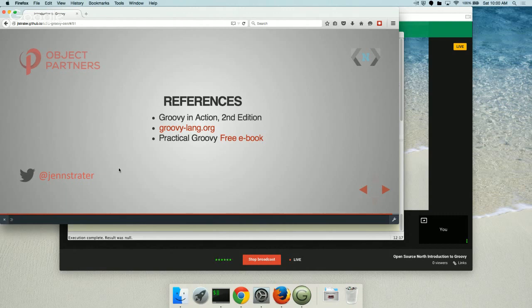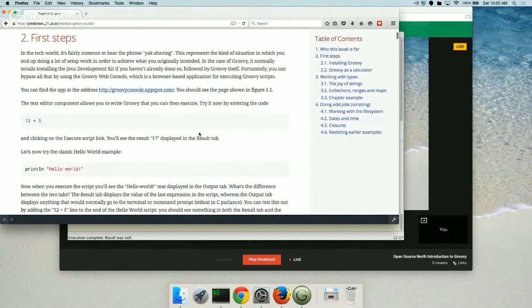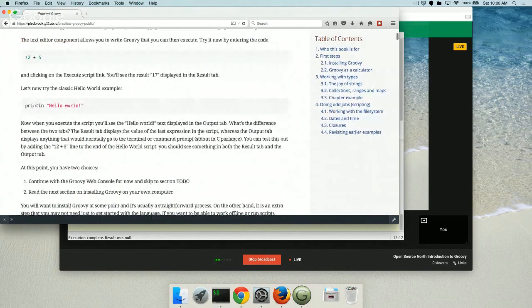And there's another one, more like a cookbook or a reference guide, called Practical Groovy that's free. The link is in the slides. All of these in red are links, and they'll take you to different places. That's a great guide to show you examples and more reference material.